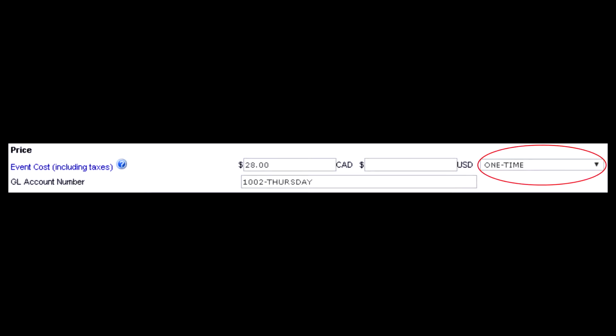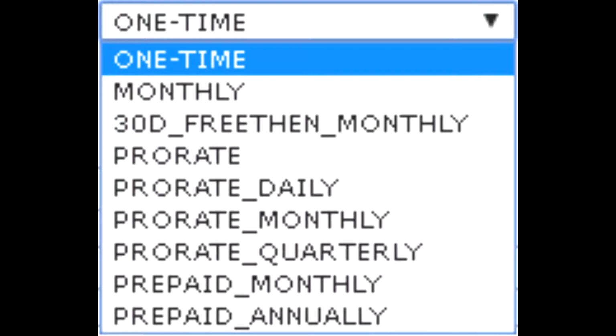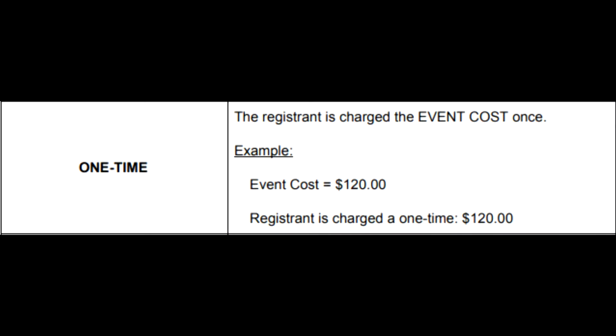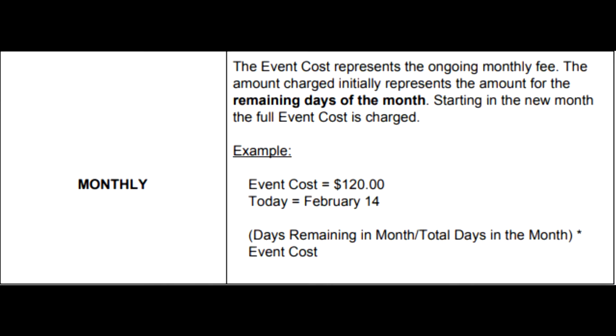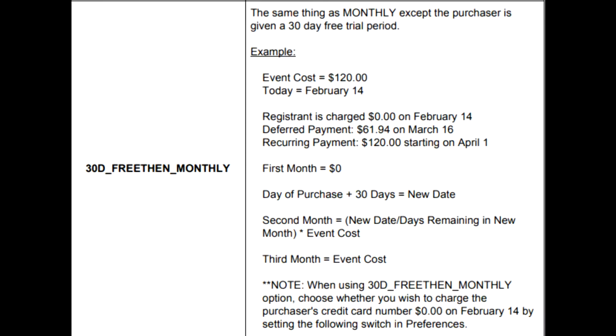Next, you select the payment frequency for the event. There are 7 different payment frequency options, which are 1. One time. The registrant is charged the event cost once. 2. Monthly. The registrant is charged the event cost on a monthly basis. This is used for subscription services. 3. 30 days free, then monthly. This is the same as monthly, but the registrant gets a 30-day trial before they are charged on a monthly